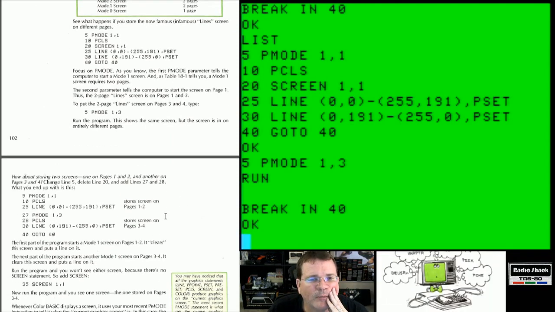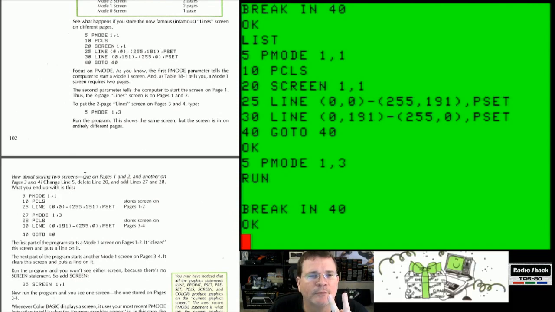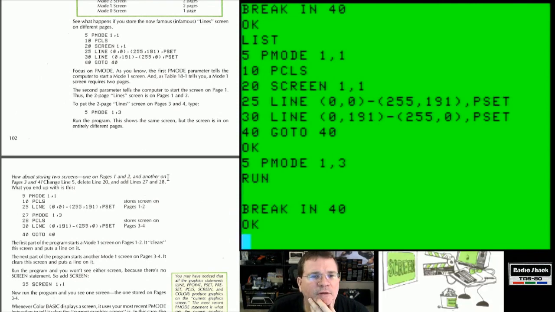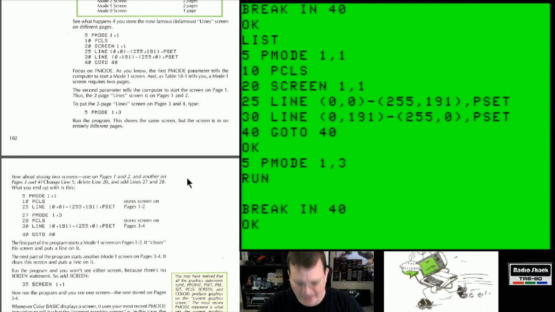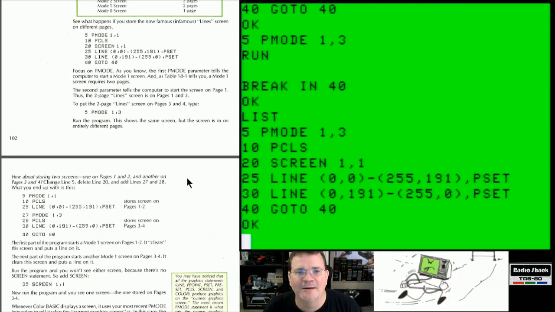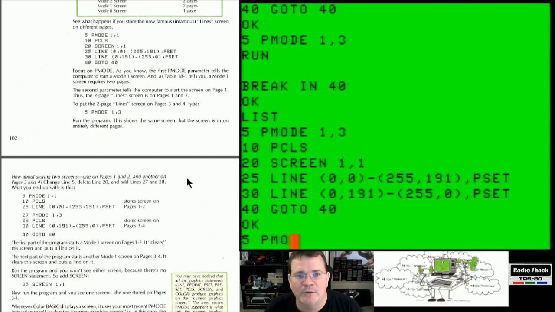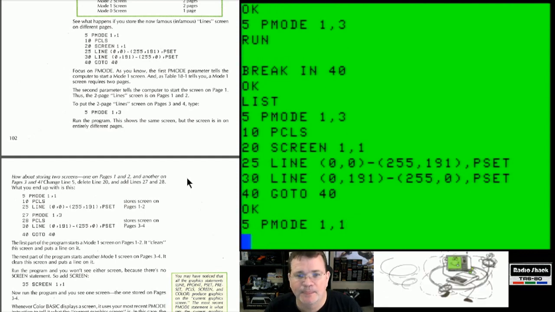All right, why? How about storing 2 screens? One on pages 1 and 2, and one on pages 3 and 4. Change line 5 and delete line 20, add lines 27 and lines 28. All right, what do you want me to do here? It says change line 5. Line 5 is going to go back and say PMODE 1, 1. All right, then it says